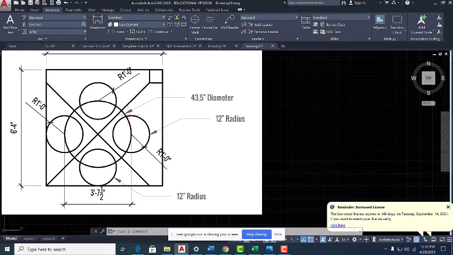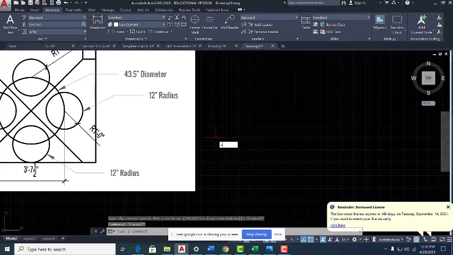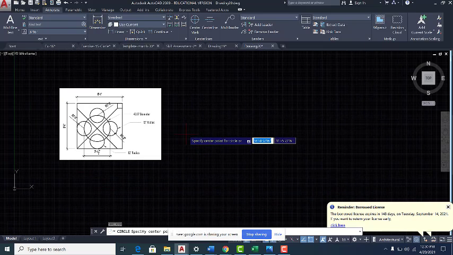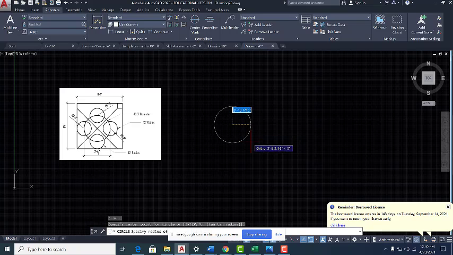We start with the big circle. We know the diameter is 3 feet 7.5. We start the circle command, C spacebar. The first question is, where is your center? I can click anywhere in the screen, and then by default AutoCAD draws the circle by radius, but I don't